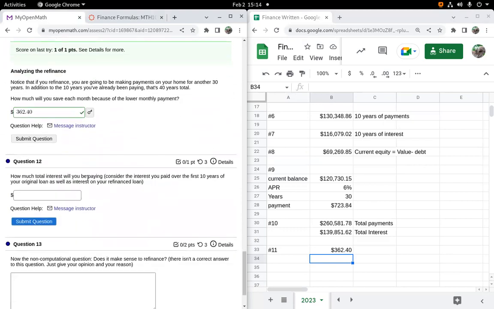How much total interest will you be paying? Consider the interest you paid over the first 10 years of the loan, of your original loan, as well as the interest on your refinance. Okay, so we paid a bunch of interest so far. We have this interest that we're about to pay in for another 30 years. So we want to look at what's the total interest of both parts of this loan experience. So number 12 is in total interest,